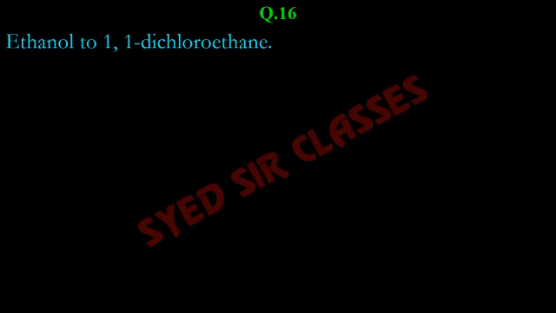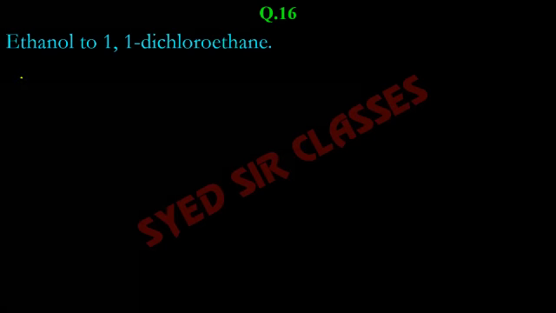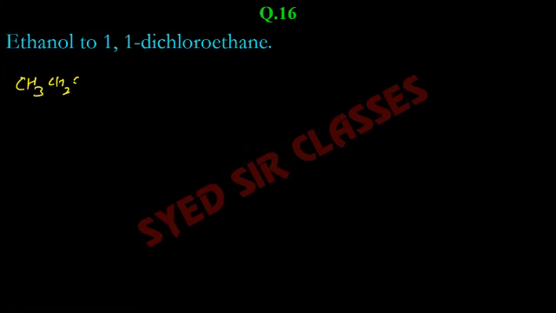Okay, geminal dihalide. And for that, you need to remember aldehydes when reacted with PCl5 will give you geminal dichloride. So memorize these things. Okay, what I am telling you to memorize, you have to memorize. So the first step, we have to convert alcohol to aldehyde. So we have to convert ethanol to 1,1-dichloroethane, meaning CH3CHCl2.